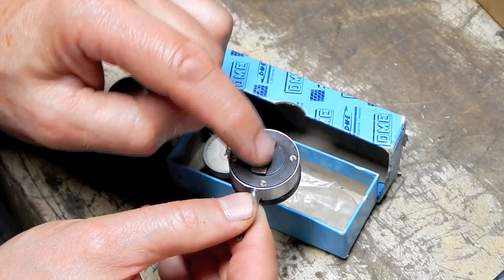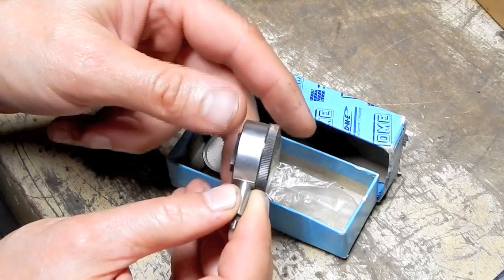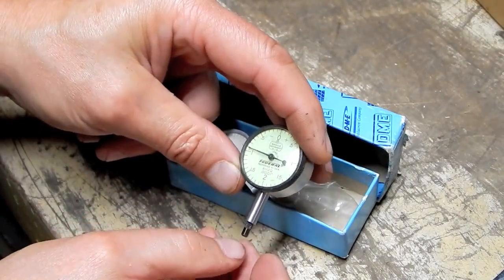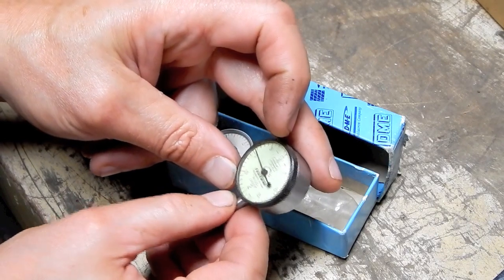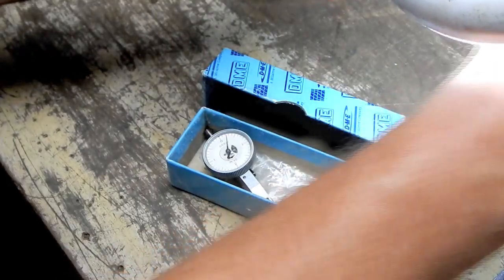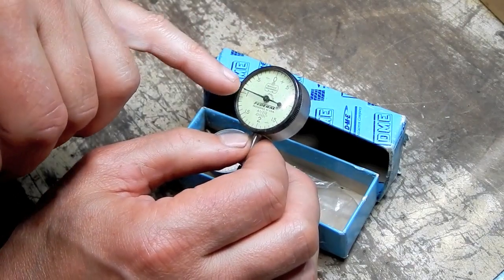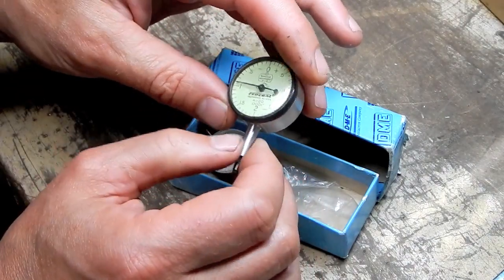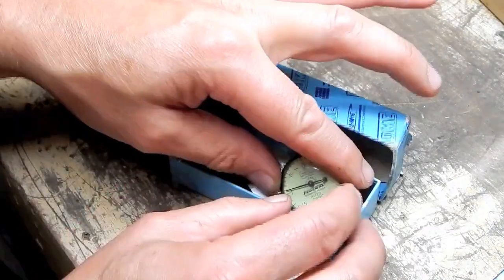It appears that the lug back has been ground off for some reason, and it's marked with the miracle movement. It's got a name, a part number on it of A1/2Q. Never seen one like this before, so see how little that sucker is. And then this one